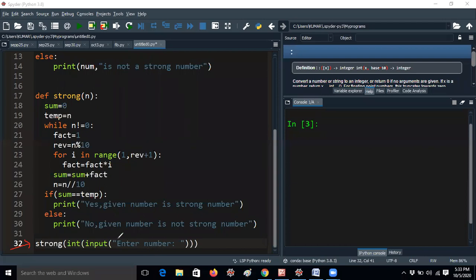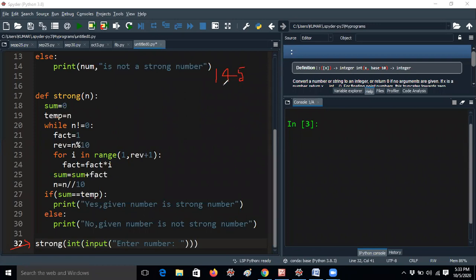If you want to enter any number, first you should know what a strong number is. I already gave it in the question itself, but if anybody doesn't know, I'm giving it directly. The number 145 is a strong number.